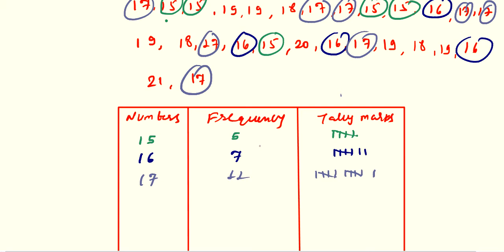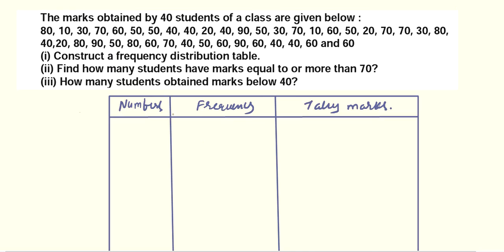Then similarly question number 3: prepare a frequency table for the scores. The same table you have to prepare. Then question number 4 and 5 both are the same. So in question number 4 and 5, I'm solving question number 4, then question number 5 you can solve. Question number 5 I'm solving here, then this exercise 21A you can solve. Okay, almost all the topics I have explained to you.